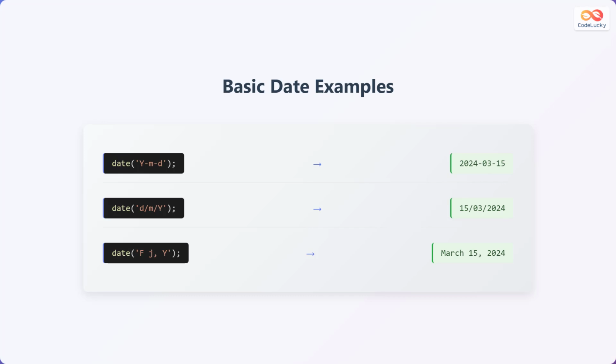Let's look at some basic examples of how to use the date function with different format strings. First, date('Y-m-d'); will output the date in the format of year, month, and day. For example, 2024-03-15. Next, date('d-m-Y'); will output the date in the format of day, month, and year. For example,